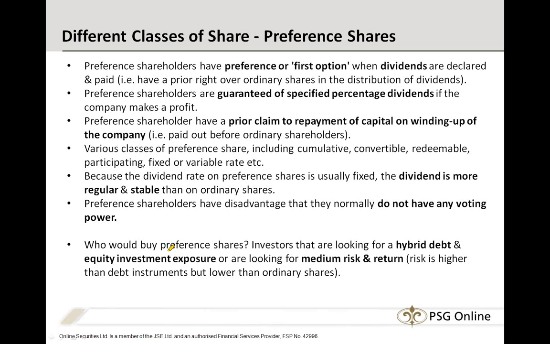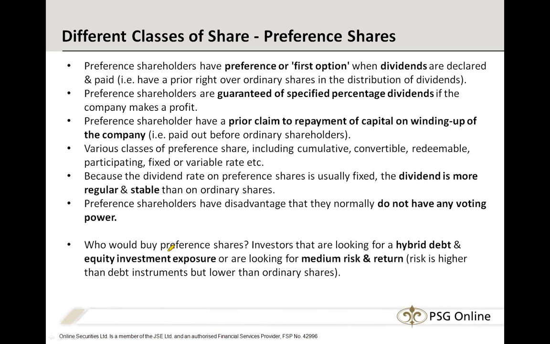So who would get involved in these kind of shares? It would be the investor looking for a hybrid debt and equity investment exposure, or looking for a medium risk return scenario. Obviously, debt instruments have much lower risk, but preference shares carry slightly higher risk than debt, but lower than ordinary shares. So someone's looking for some income. You'll see some of these preference shares will have 6% behind it and that kind of stuff. You get a whole lot of different